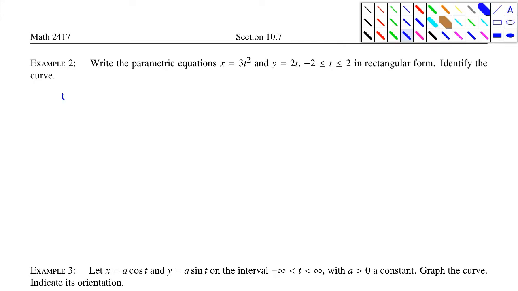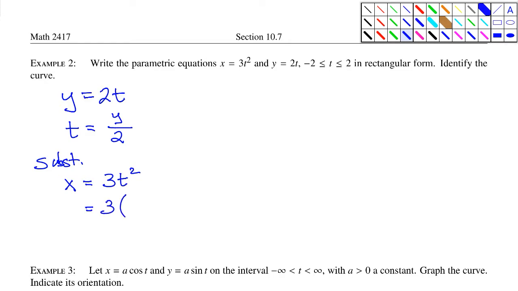Let me start with y equals 2t. Because this has t to the first power, it's easy to work with. Solve this for t, and you get t is equal to y over 2. Let's substitute this into the x equation. So x is equal to 3t squared,